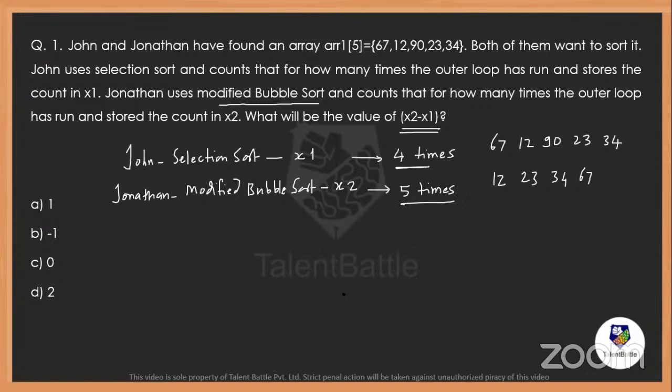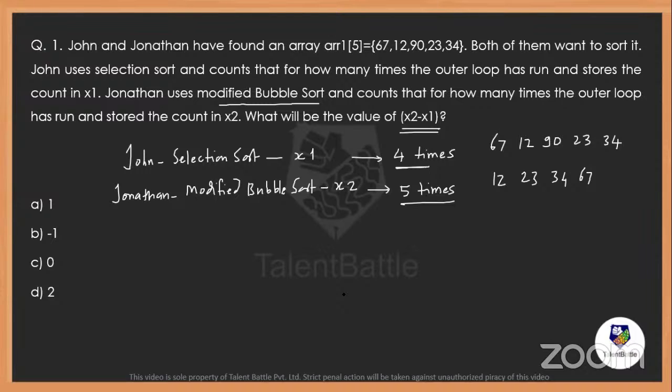Because if we compare with the normal bubble sort, modified bubble sort is actually the improved one, which is keeping a track whether any swaps are already made during the pass. And if there are no swaps during the pass, it means the array is already sorted and the algorithm can terminate. So if I have to sort an array of 5 elements, in case of modified bubble sort, it will take